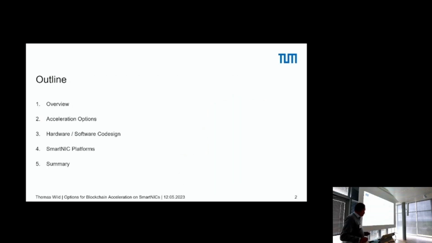Okay, now a short overview. I will look at general accelerator options, so not tailored yet to blockchains. Then I will address the question that when we apply such offloads, of course, it has to be a good hardware-software partitioning: what is really done in hardware on our hardware-based SmartNIC, how the rest of the functionality is in software, and how this really cooperates well. And then I will have a short look at two such platforms that we are currently using,